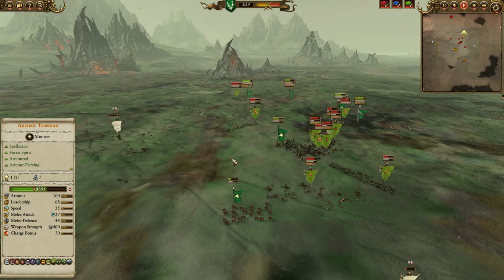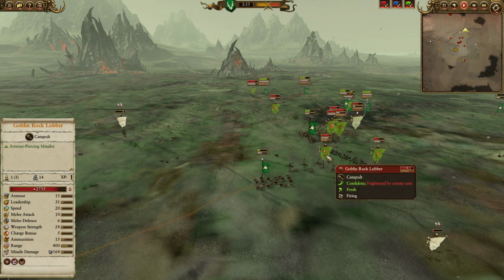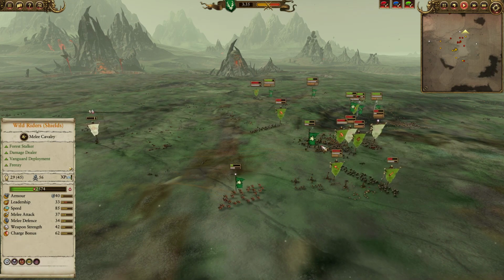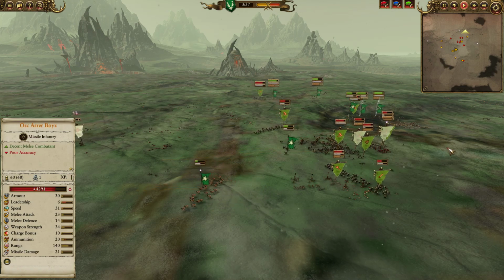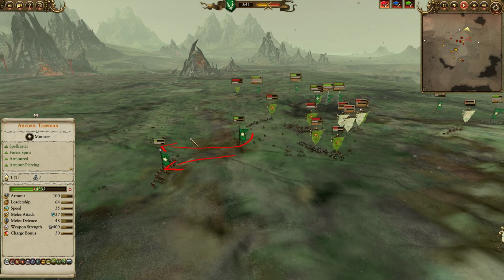And this is really key with cav builds. If you're able to get rid of your opponent's mobility, you can often win. So you can see here the Catapult is trying to do some damage at point blank against these Wild Riders who dove in on the Archers. But they're able to swing around, get away, and just extricate themselves here before they take too much